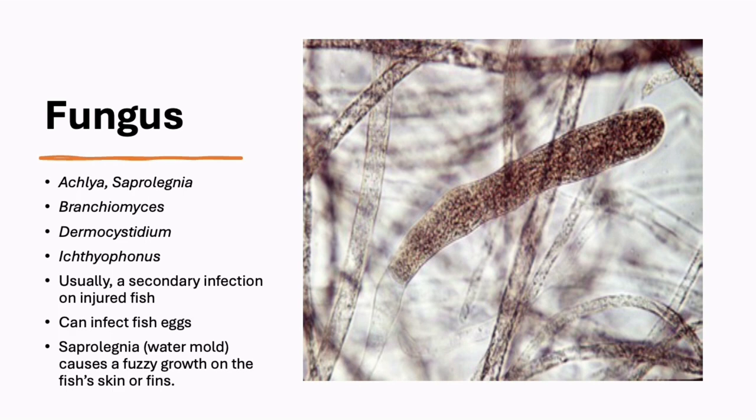Branchiomyces is a gill fungus that can get onto the gills and causes the gills to start becoming necrotic. Dermocystidium is a fungus that grows in the skin and can cause cysts or sores on the skin that are usually swollen cysts that have fungal spores inside of them. Ichthyophonus is a fungus that can grow inside the body and can also grow behind the eye and cause pop eye,